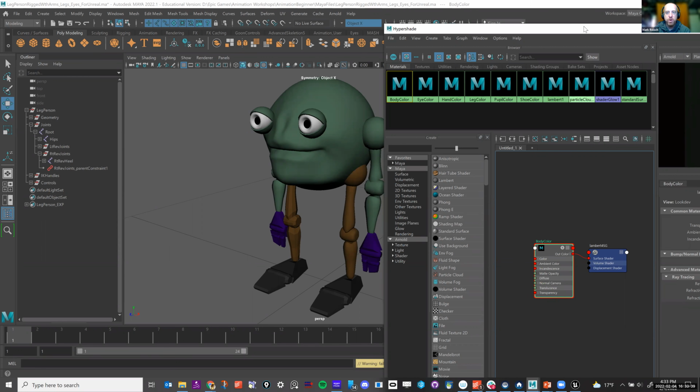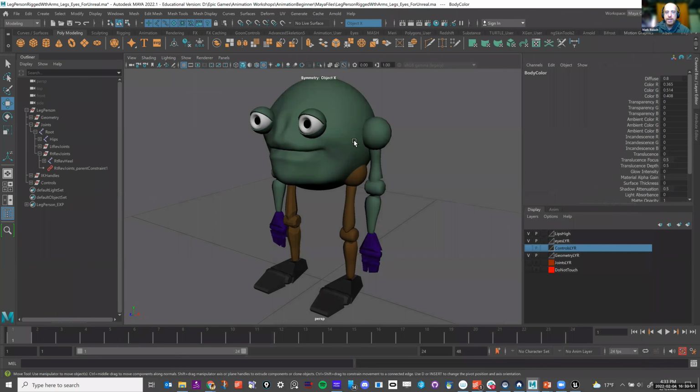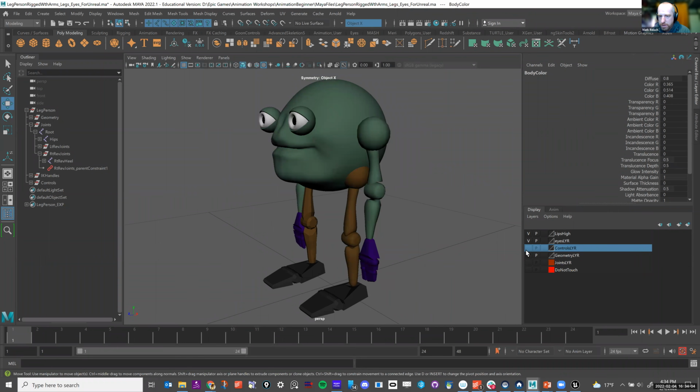So just be aware that I went through and named these, and you can play around with that. You want those textures, and you want shaders set up for the textures. The way that I did it is I named it skin, and I think I have pants and shoes, and I think hands. So quite simply, that is the thing about that character.